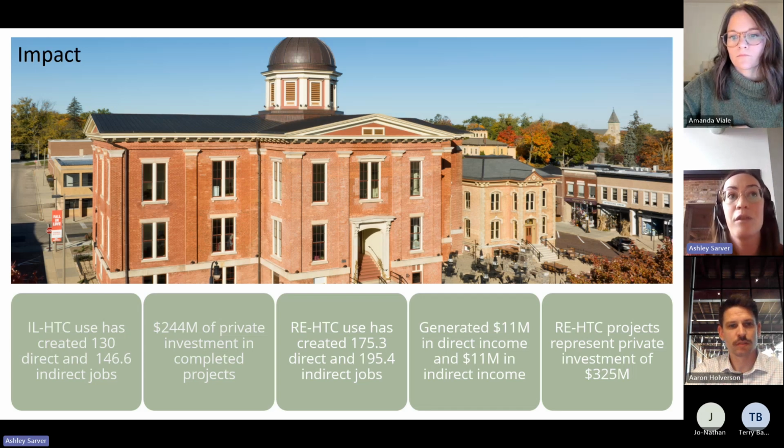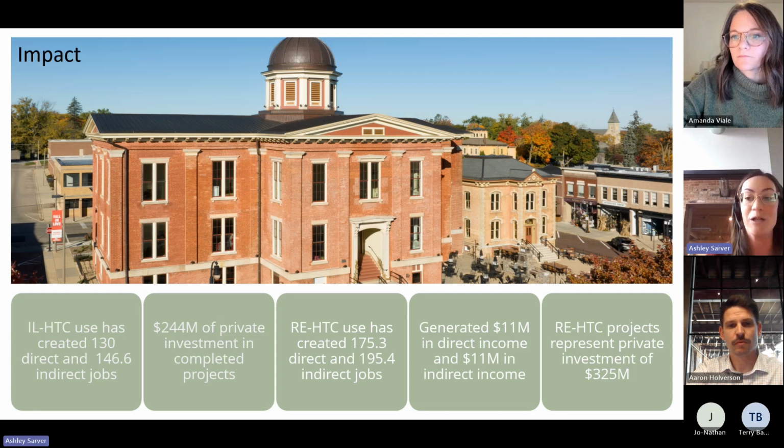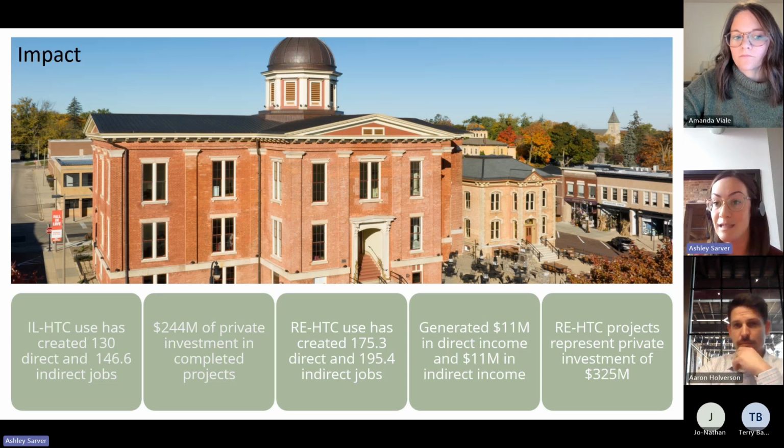And I think they're just worth noting and looking at, because at least in a lot of the communities that we've worked in, we know that working with the developer, these projects would never have happened without these credits. And so the impact is really, in some ways, you can bring it down to dollars and cents like we see here, but it doesn't fully capture what these credits have done for building community, rebuilding downtown areas and civic centers across the state. And that's true not only in Illinois, but also in the other states that these credits